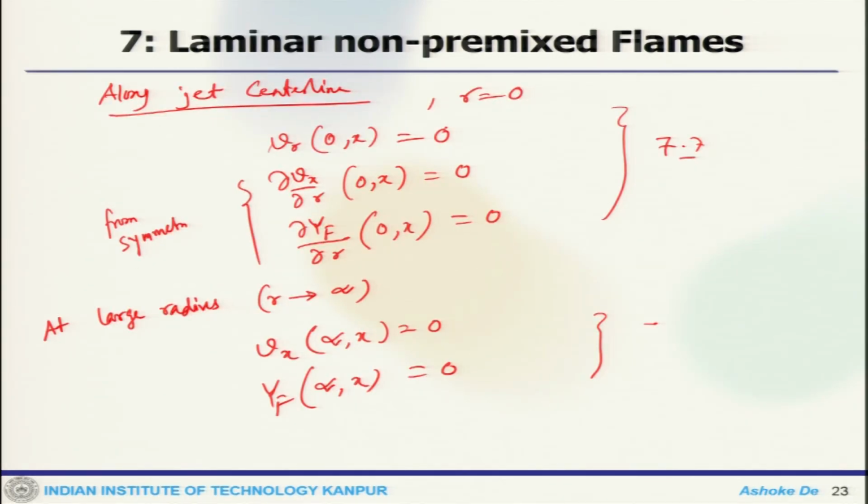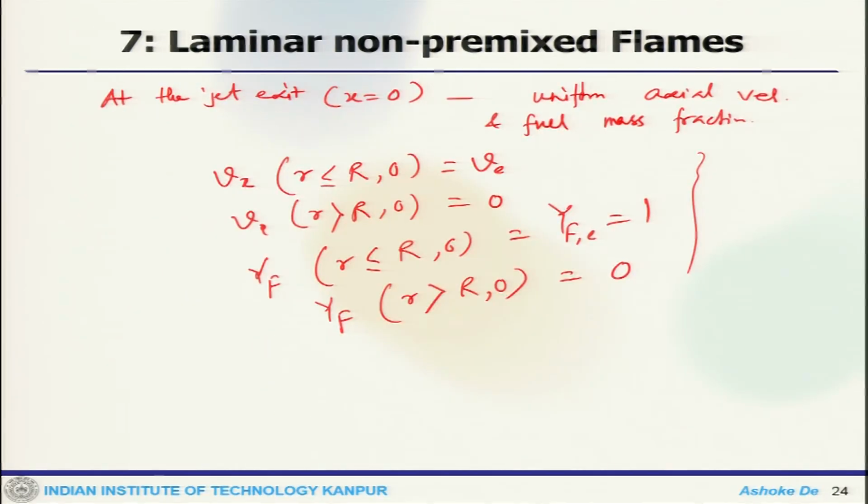One of the boundary conditions is along the jet center line, and then at the large radius. At the jet center line we have radial velocity is 0 and the derivatives are 0, which is from symmetry. At large radius axial velocity is 0, fuel mass fraction is also 0, and then finally we have